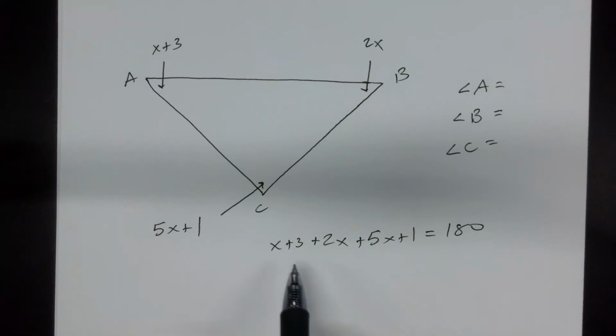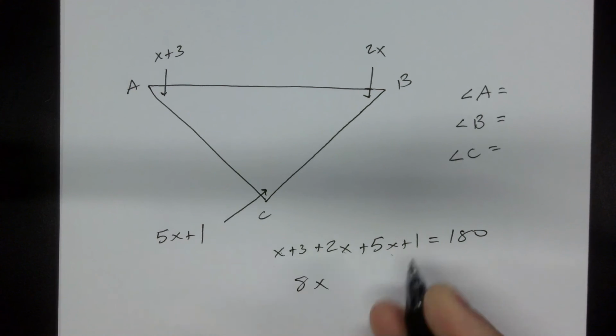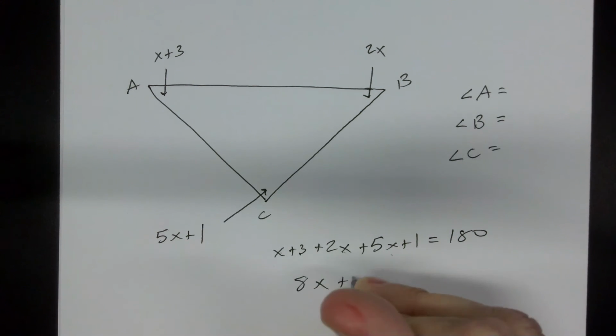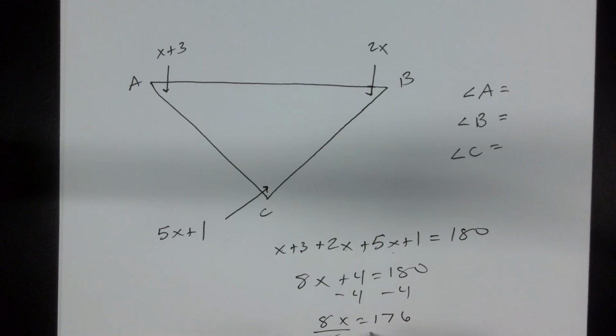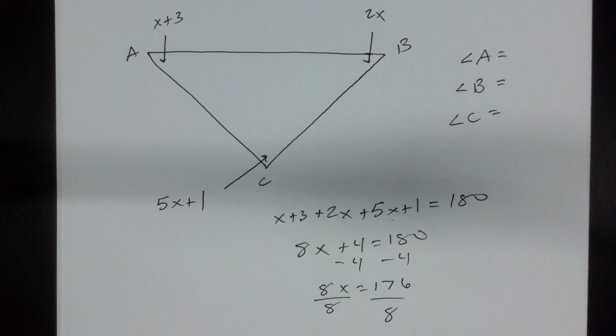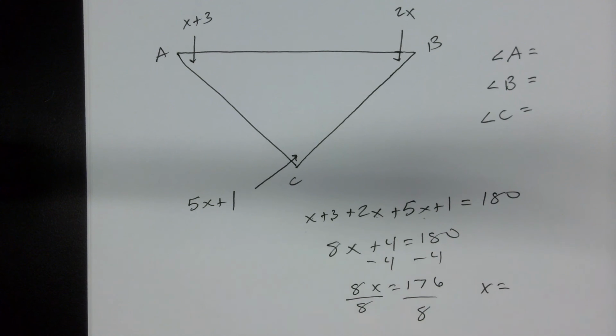Alright, now look, because all the x's are on the same side of the equal sign, we're just going to combine them. x plus 2x plus 5x is 8x. 3 plus 1 is 4 equals 180. And then we can just solve it. Subtract 4. 8x equals 176. Divide by 8, and we get x equals, don't tell me,